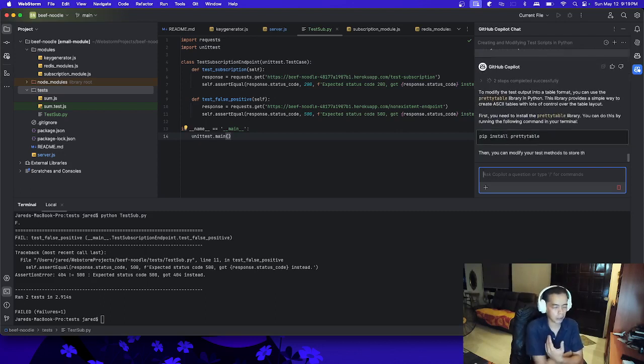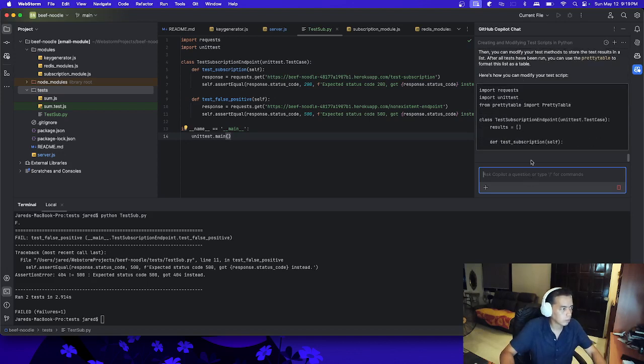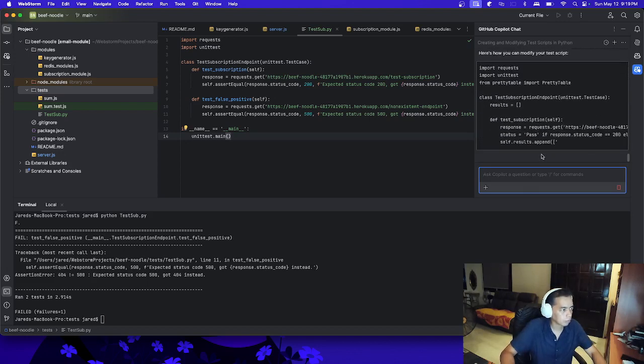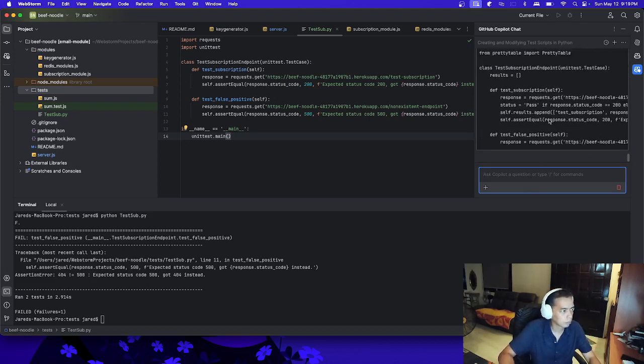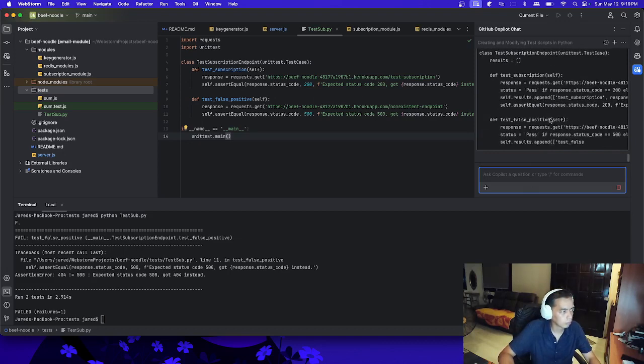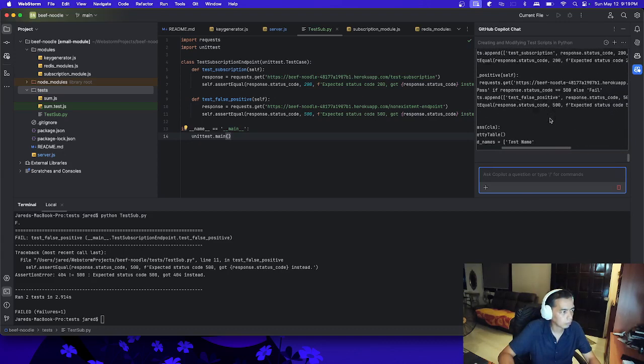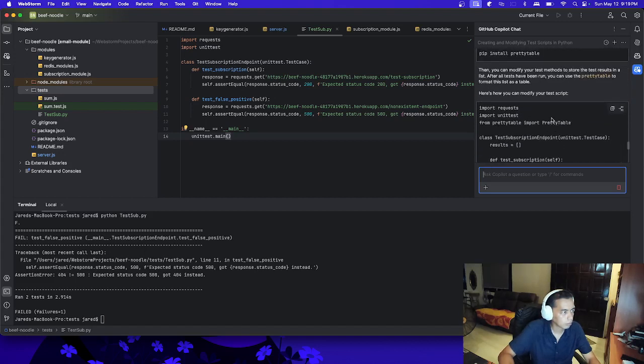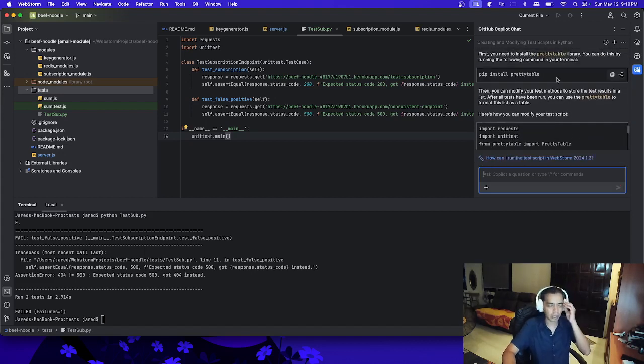All right, so yeah, it's different. So now GitHub Copilot is telling us to install something.